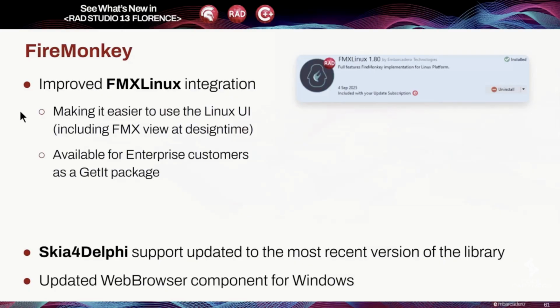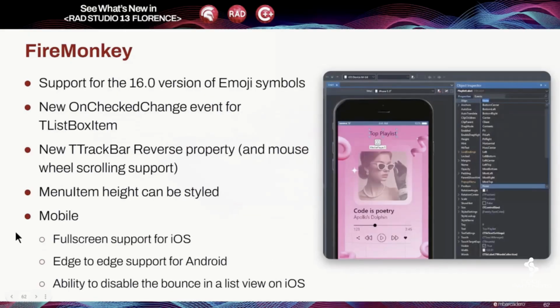And, well, we've updated the web browser component for Windows, again, similarly to what we've done for other platforms with the new WebView2 control integration. We have moved to a newer version of the emoji symbol library. We have added new event handlers in a number of components, the ability to reverse the logic of the track bar, customizing the menu item height, and, which is extremely important, it looks like a small footnote at the end of the slide, but it is fairly fundamental,